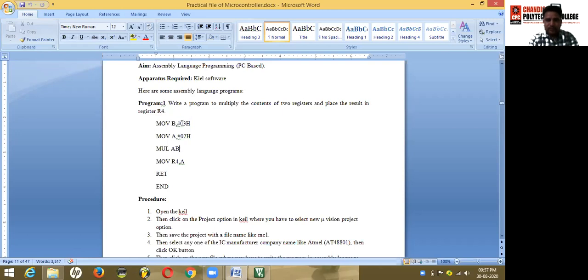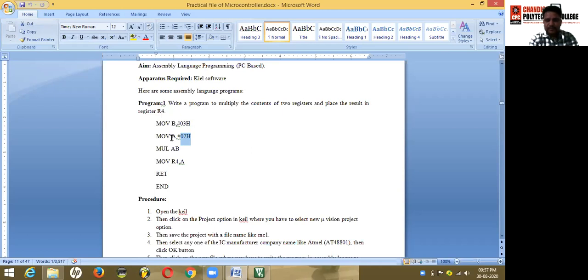First of all, we have placed 03 in register B, and the second number, 02, we have placed in register A, that is the accumulator. For multiplication, we have to move one of the numbers into the accumulator.